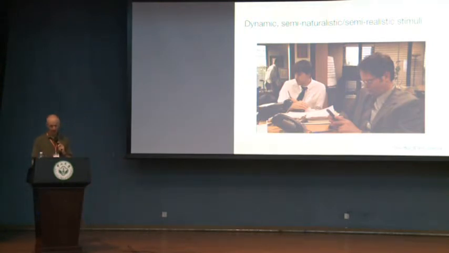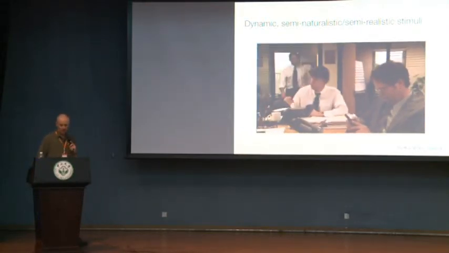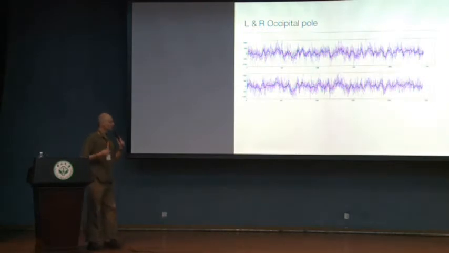And this is very difficult to analyze, very complicated, but so they would be lying in the scanner watching this. But I just want to show you some of the raw data to give you a flavor for the direction that we're going in. So if you look at early visual cortex, the fMRI signal in early visual cortex, people are lying in the scanner and they're looking at this, and you look just in the controls here at left or right early visual cortex, you find that there's a pretty consistent